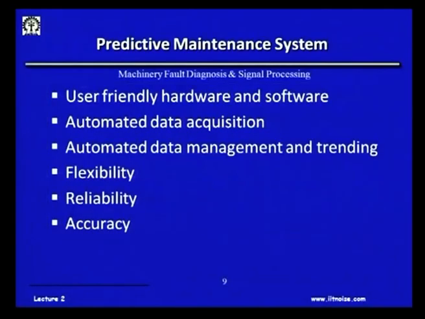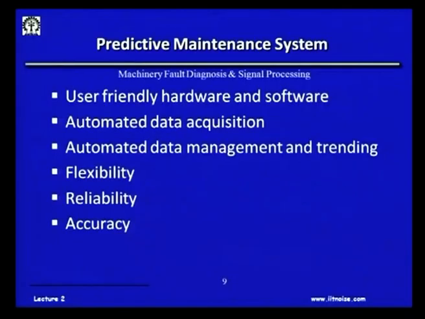And then we need to have a data management system which will be responsible for storing the data and doing the trending. Because if this has to be automated, imagine if a steel plant has hundreds of gearboxes and pumps, obviously everybody cannot be running to each machine and doing data logging by hand. So, this has to be automated, through a computer driven system. It may have cable, it may not have cable, it could be wireless, but all these databases with the proper nomenclature and identity of the machine have to be taken in.